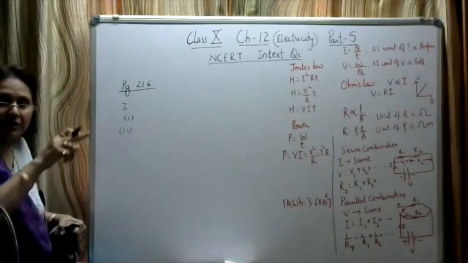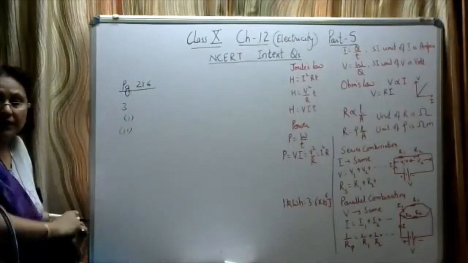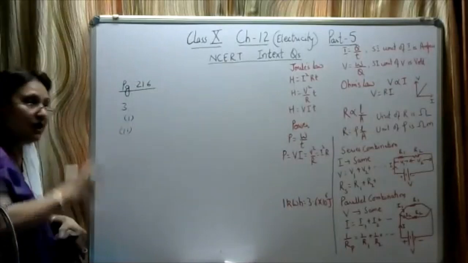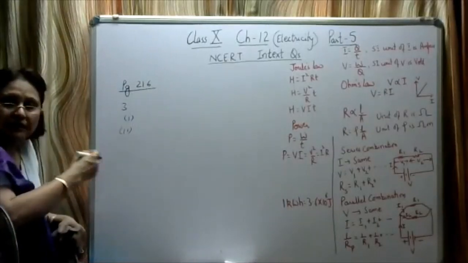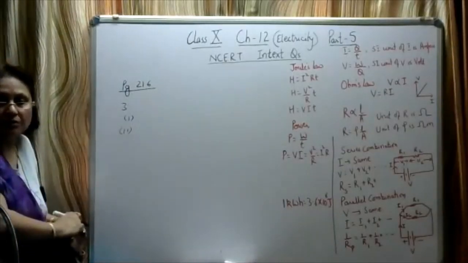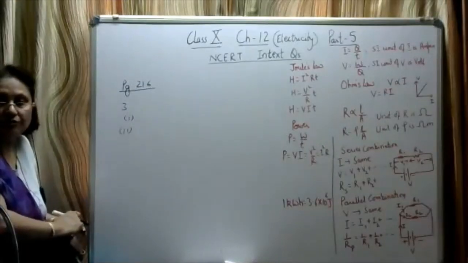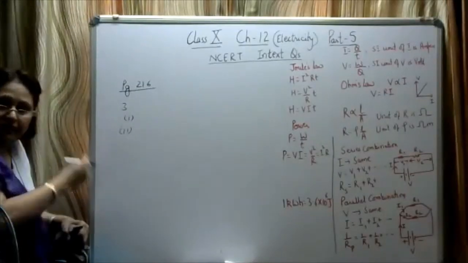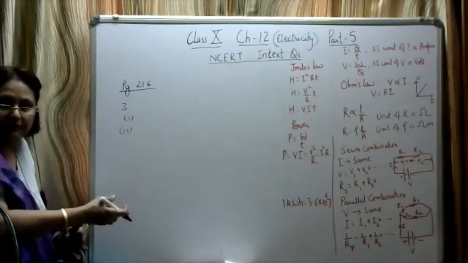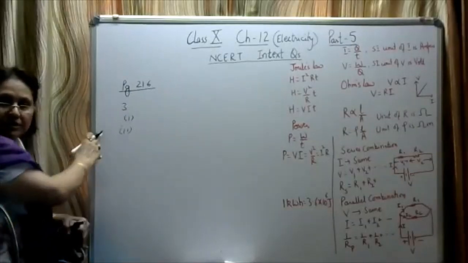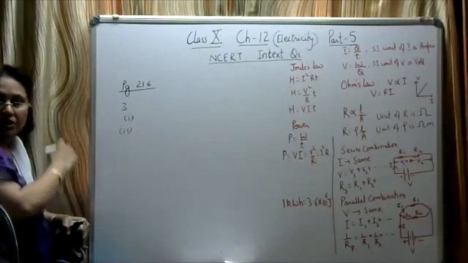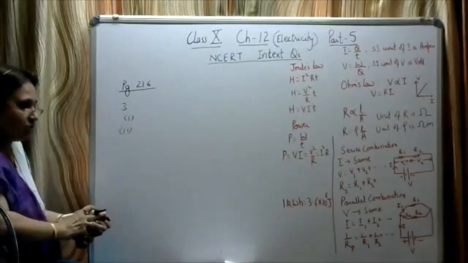Okay, so the circuit will not be broken. If all of the electric appliances are connected in series and one of them fails, the other appliances will also fail to work. But in parallel combination, if one of the appliances fails to work, the other appliances keep working. Okay, this we have discussed in the theory part also in detail. From there you can watch it.